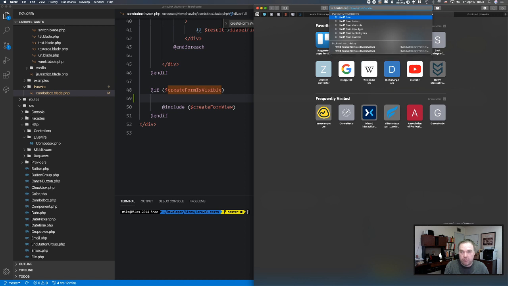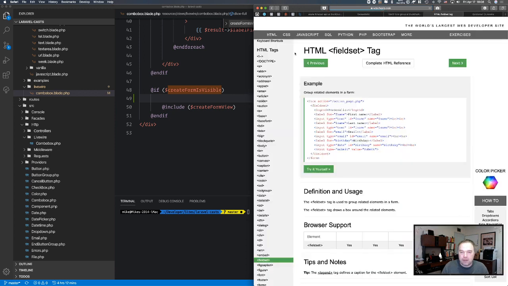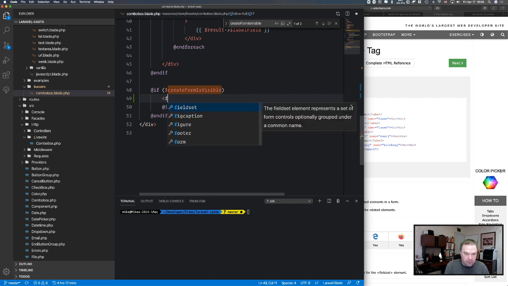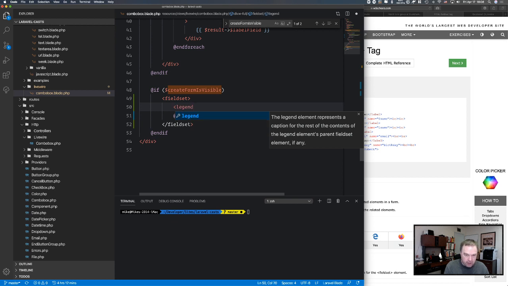HTML5 form group. What's that called? Field set. Right. So field set, legend, and the legend is going to be the name of the object, which is,